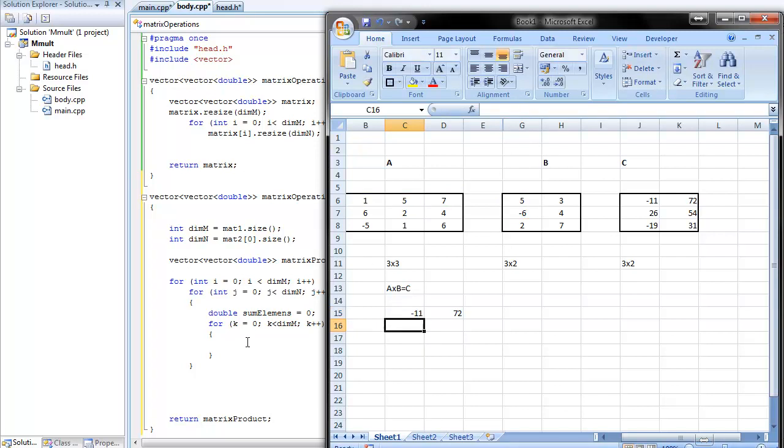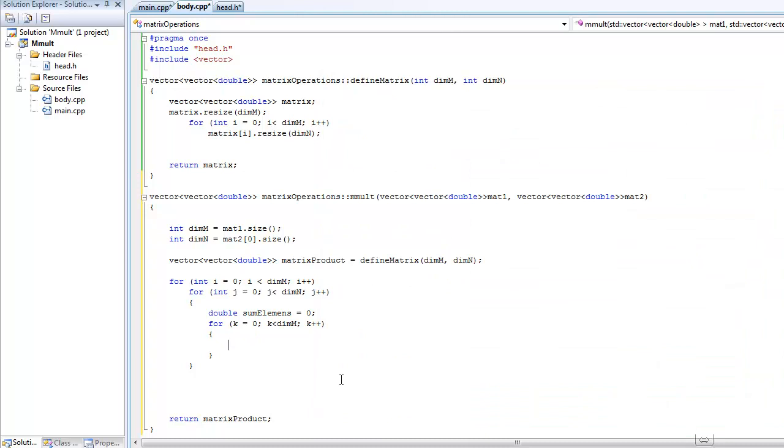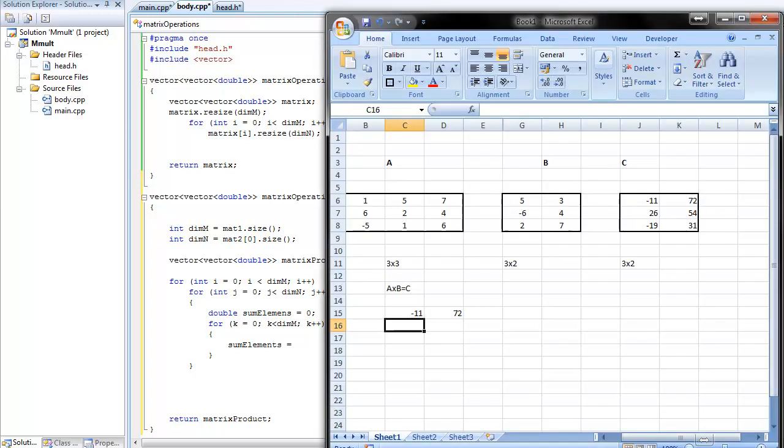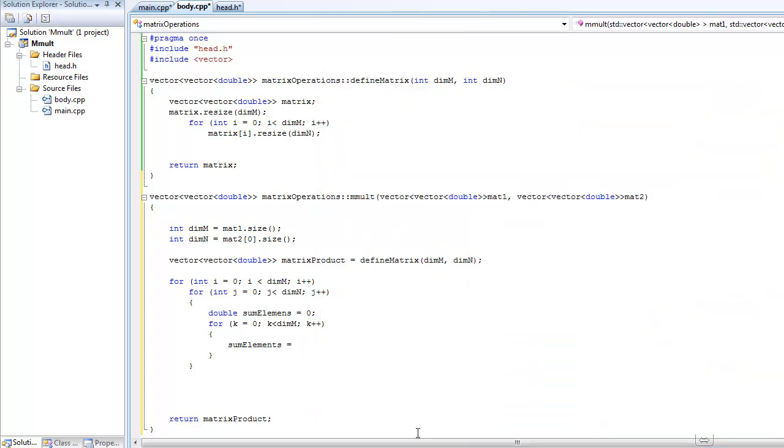So this computation actually is sum elements, which is this number, okay, or this number, plus equal, which is the same as sum elements plus something, okay. And the shorthand is this one,